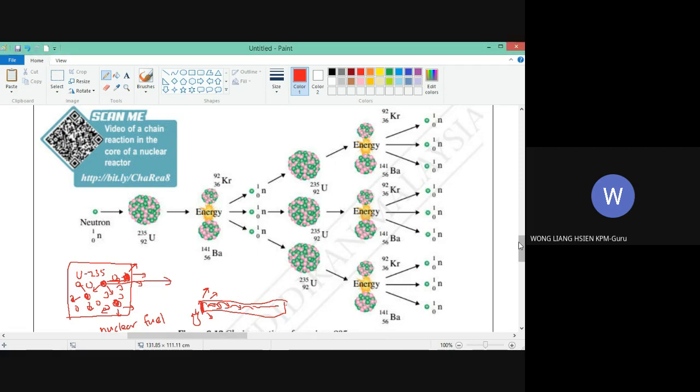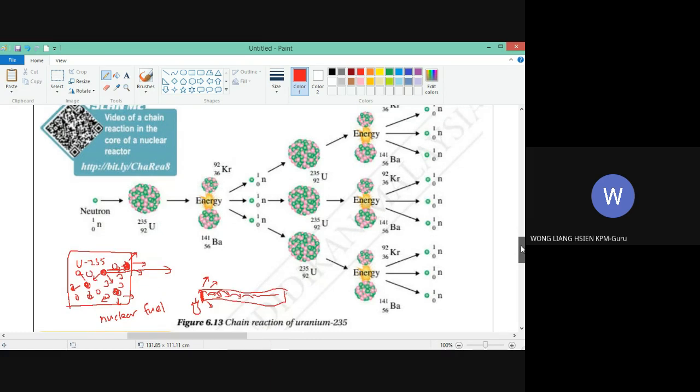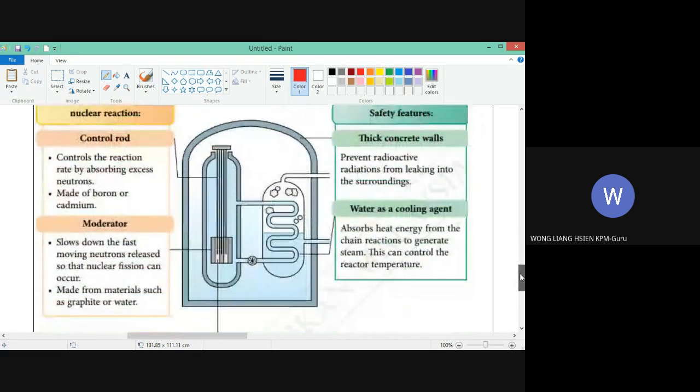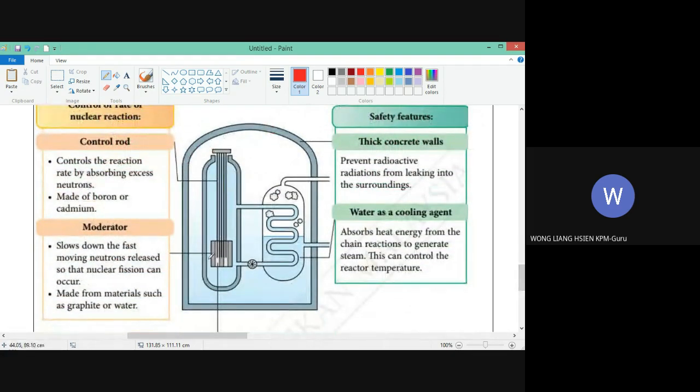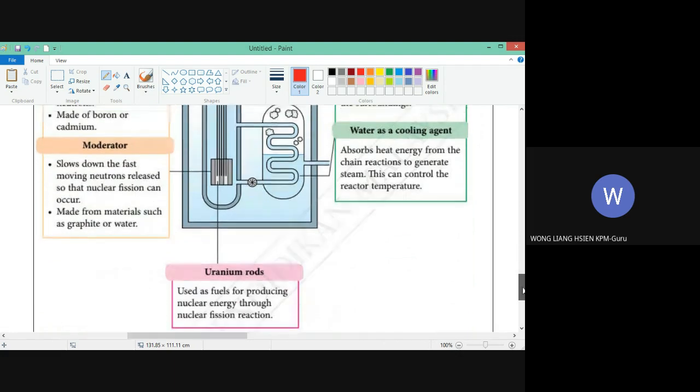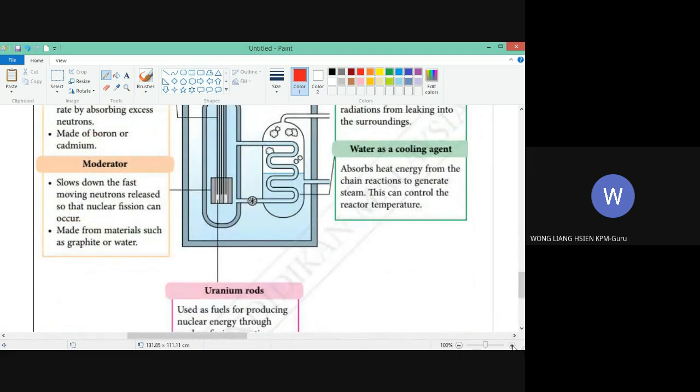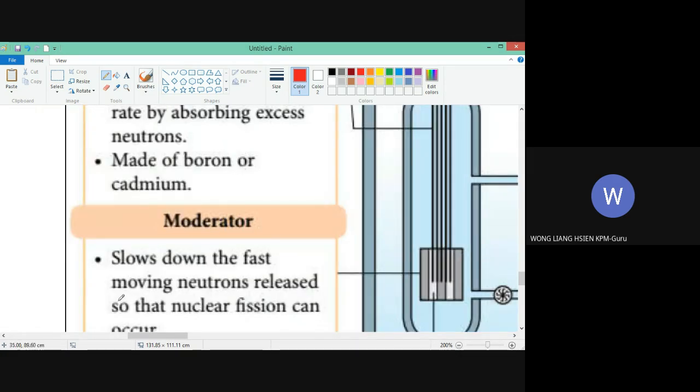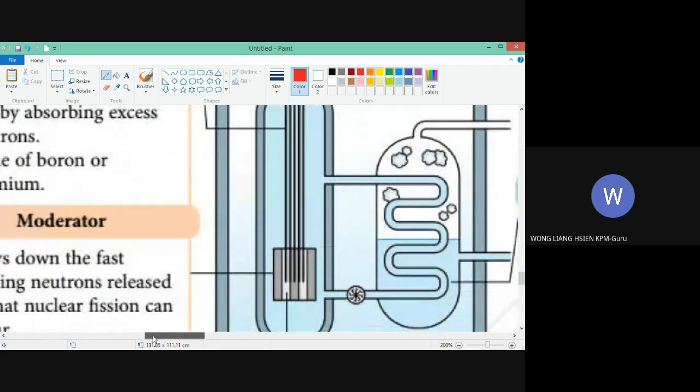Continue. Okay, so let's look at how the nuclear reactor works. What is important is inside here. Most important is inside here. You see it says here,